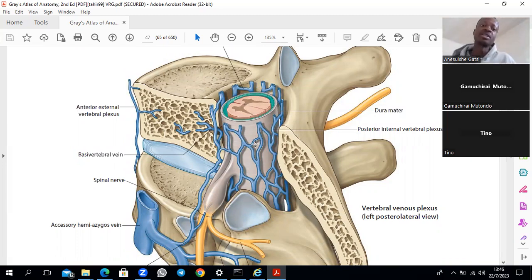When you do pelvis, you're going to do an organ called the prostate. And by now, I think everyone knows that the prostate is one of the most commonly affected sites by cancer, right? So cancer of the prostate has a propensity to spread to the vertebral column because the veins of the prostate communicate with